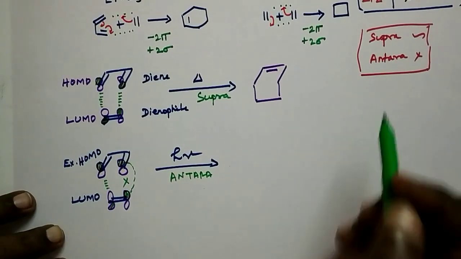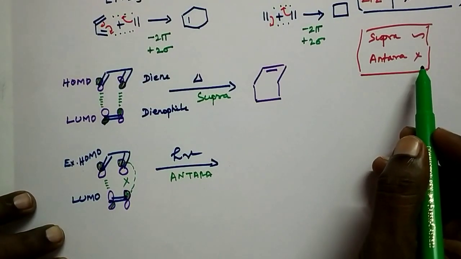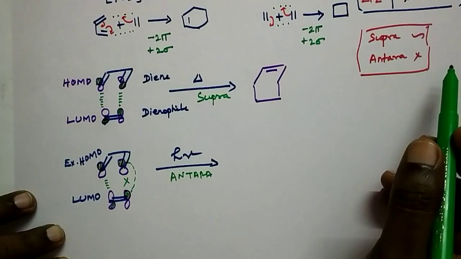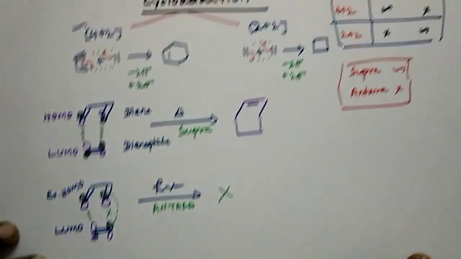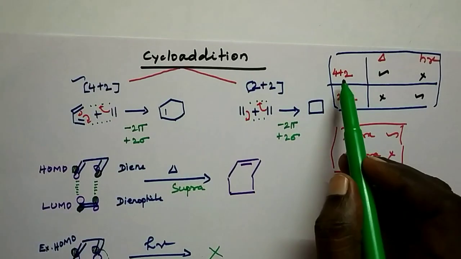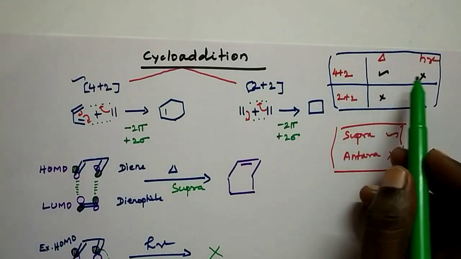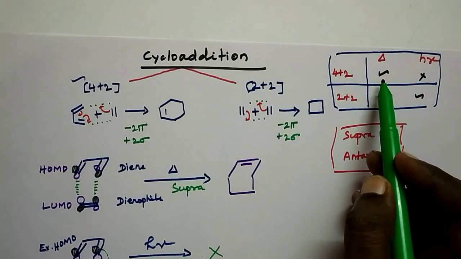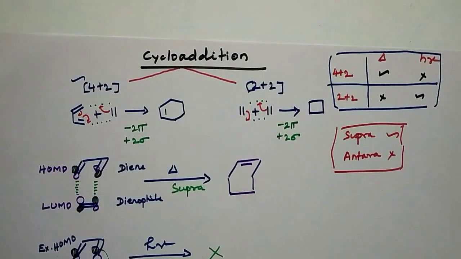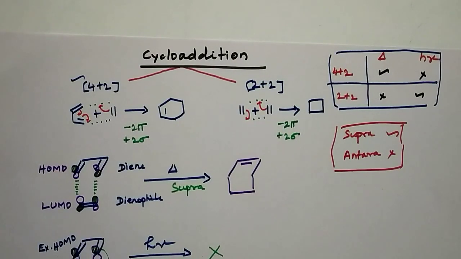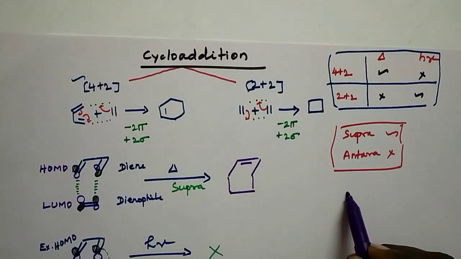As I told you, antarafacial is not allowed for 4n plus 2 and 2 plus 2. Okay, antarafacial not allowed, so no reaction. That is why I have said 4 plus 2 is thermally allowed, photochemically forbidden, because thermally it is suprafacial, photochemically antarafacial. And I want to remind you of one more formula, the old formula we studied, ETKA,